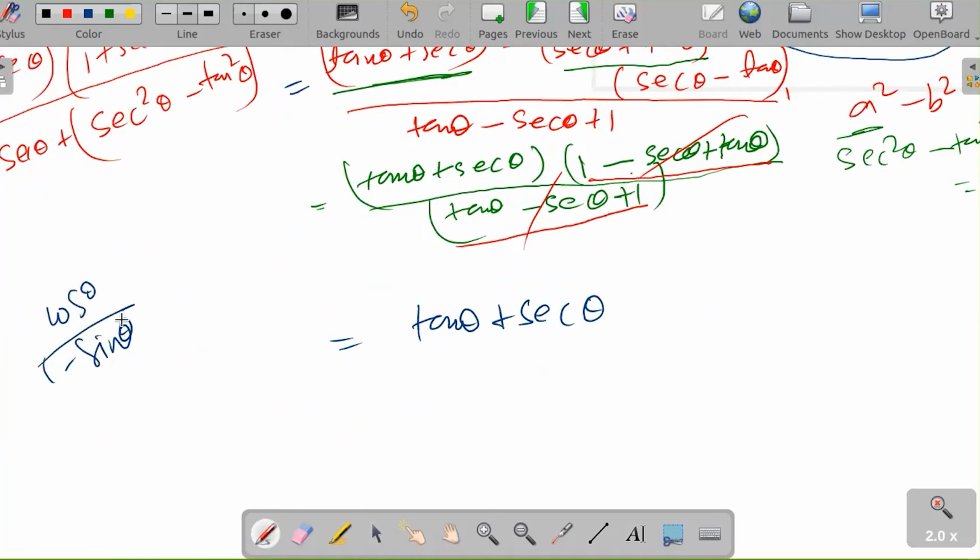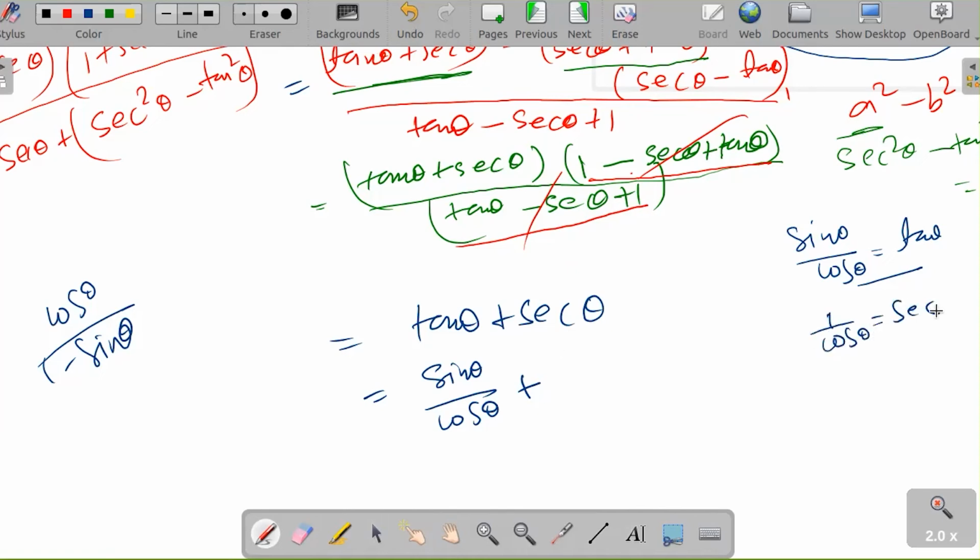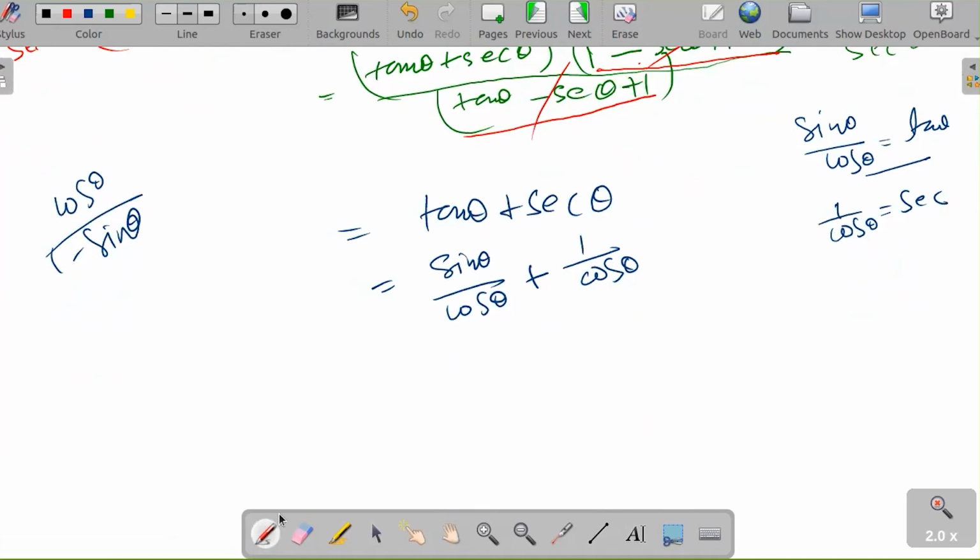Then what will be the strategy here? How do we need to proceed? Because we need to convert into cos and sin. So we have to check the formula for tan with respect to cos and sin. We know sin by cos is tan, so we can write tan is equal to sin by cos. And for sec, we know it is the reciprocal of cos, that is 1 by cos is equal to sec. So we can write this as 1 by cos. Okay, so at least we got sin and cos.